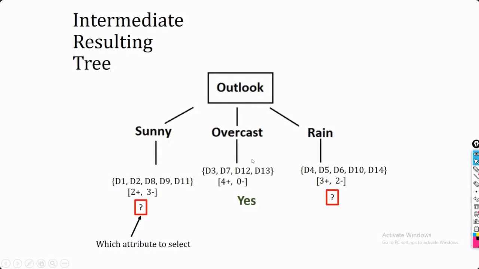Now these instances are part of this mid one, these instances are part of your left side, and these instances are part of your right hand side. As you can see, out of this total, 2 are positive and 3 are negative, and the reverse is 3 positive and 2 negative. So in both cases I am not able to say clearly whether this should be the yes class or the no class. This is applicable for both of the cases.